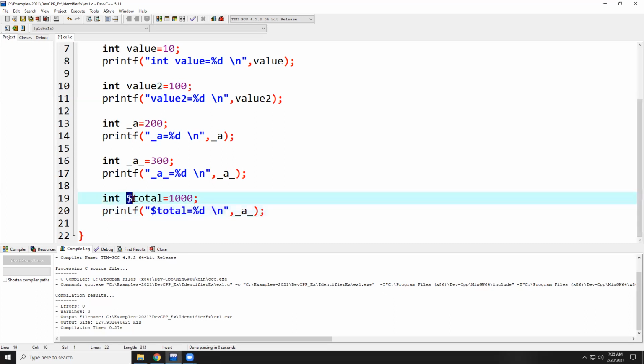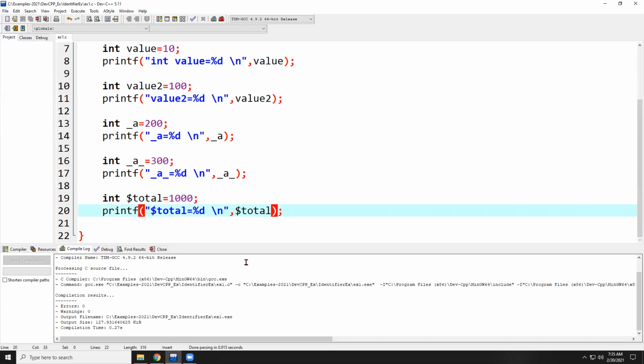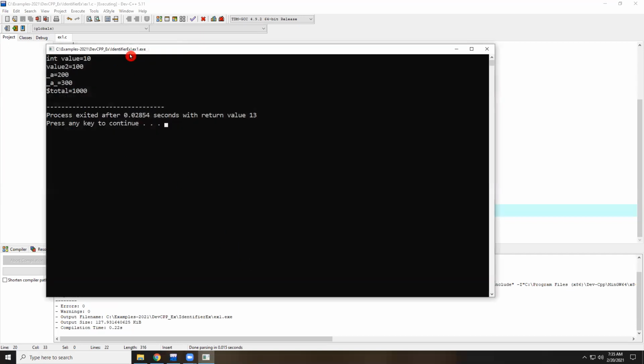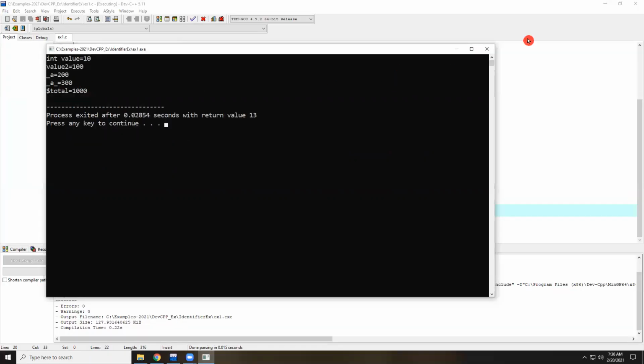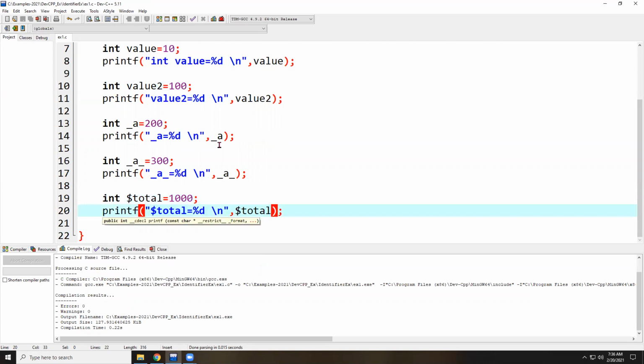See, the first letter according to the rule of identifiers and variables must be either a character like alphabets or underscore. But it also supports another symbol, the dollar symbol. Other than this, it won't support all the remaining symbols. So I try to print next: save the application, compile the application, run the application. See, we got it right. The output we got is dollar total equals to 1,000. These are all called valid identifiers. These are all valid identifier examples. So many valid identifiers are there, and these are the ones we use very frequently in programming.